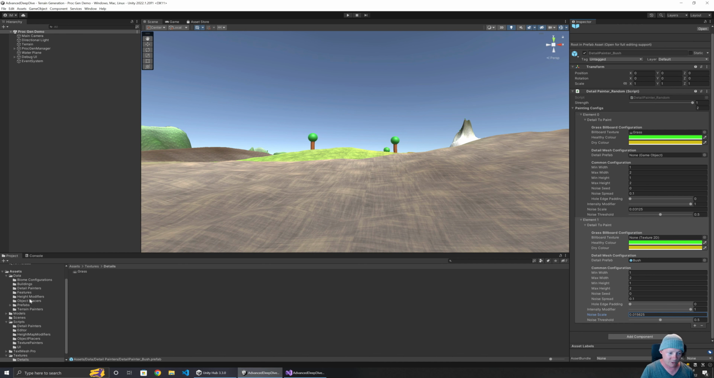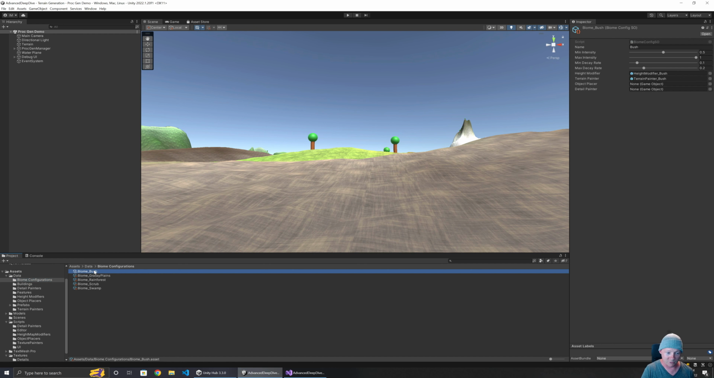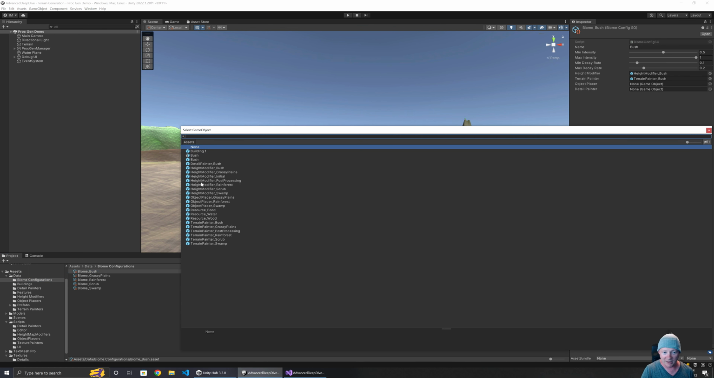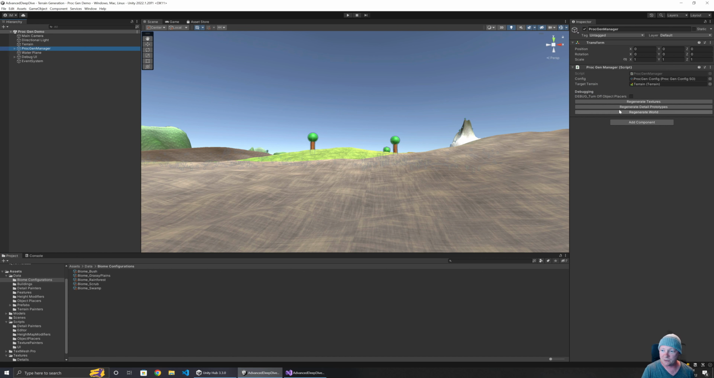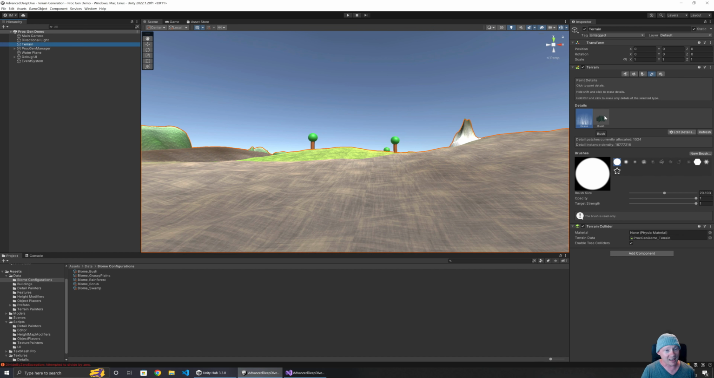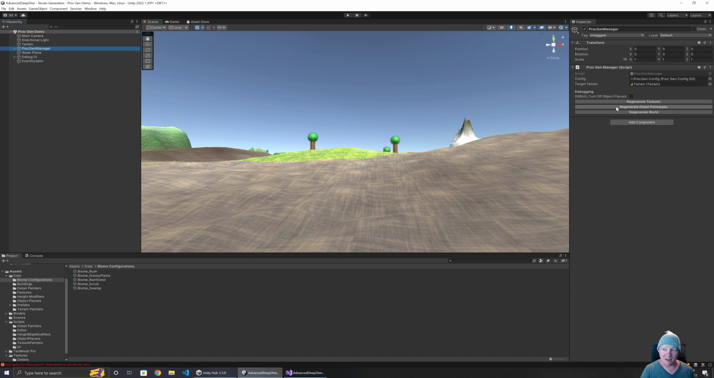I can link that up to, if I go to our biome configuration, so this was for bush, the detail painter, link that up. So the only things I need to make sure I do is first I need to regenerate the detail prototypes. And again, I'm going to make sure I save first, just because, as I said, this is the area where I did find there was that crash in Unity. So we'll run it. No errors. If I look at the terrain, it's added in our prototypes, which now means if I go and regenerate the world,